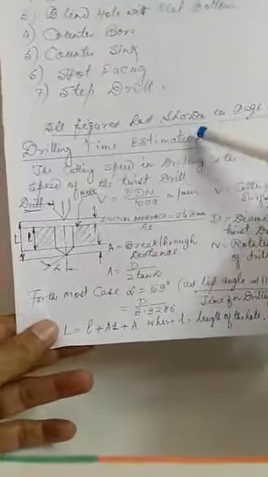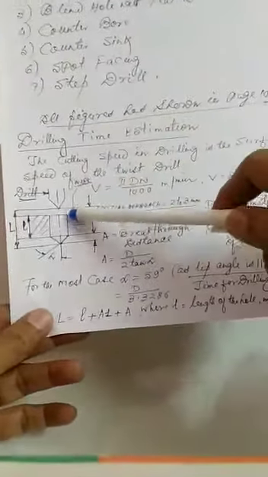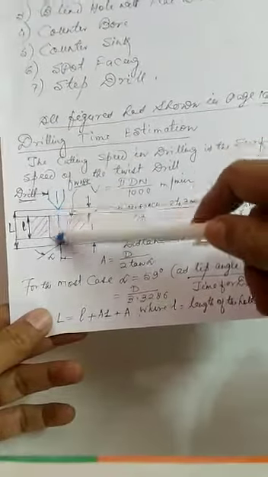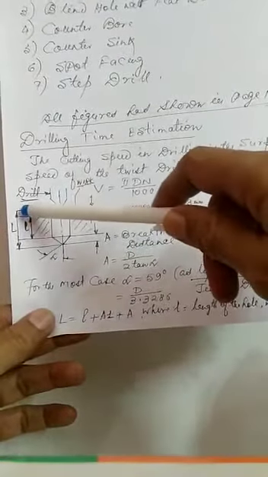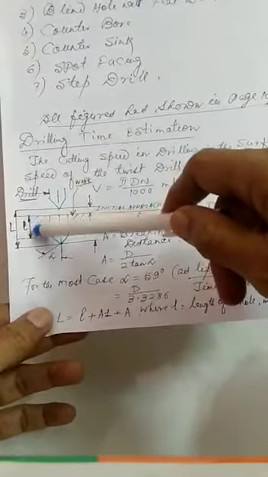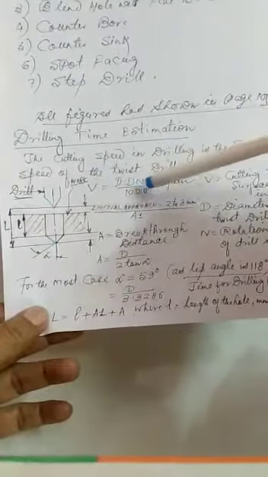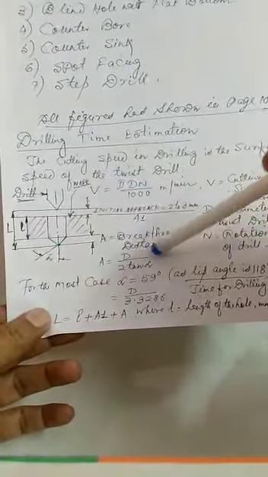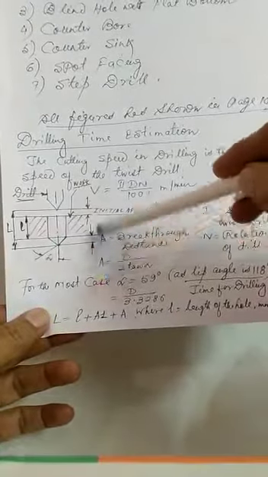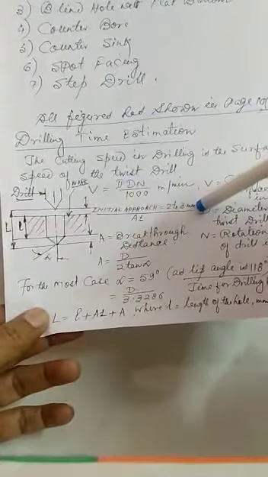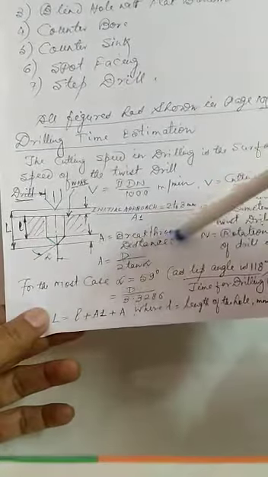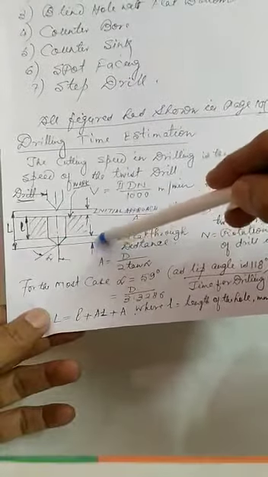Okay. Now I am coming to the last portion of these notes. This is the drilling time estimation. So we are making a drilling operation here. The drill is coming downward and it is rotating also. If the total length is L and the job length is small l, then there is the breakthrough distance, this A, and this initial approach is 2 to 3 millimeter. This is called A1, and this breakthrough distance, this is called capital A.